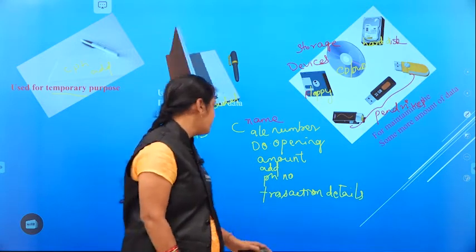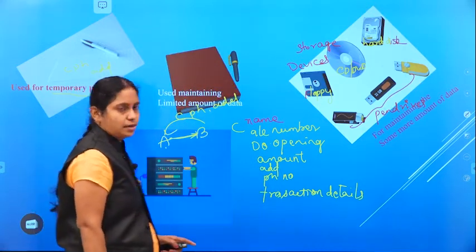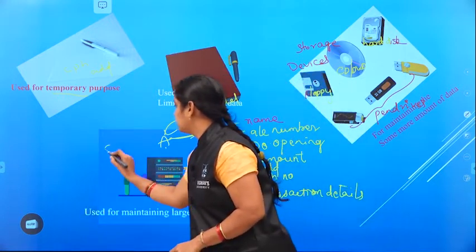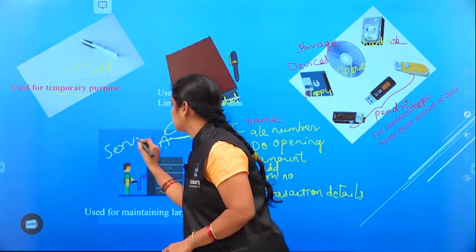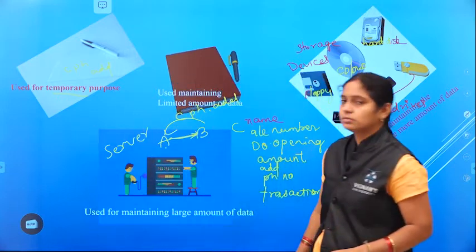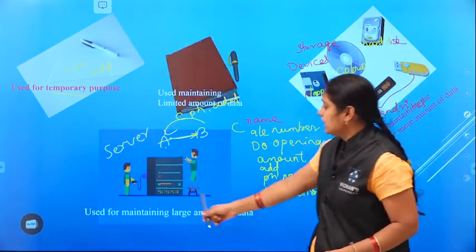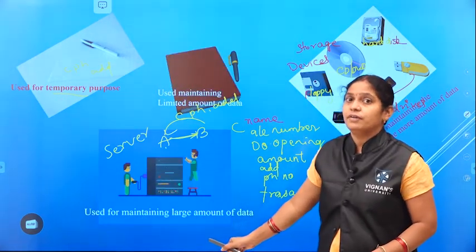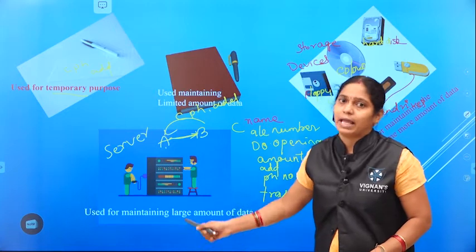That is a server. This is nothing but a server. So, this is used for maintaining a large amount of data for a long period of time.